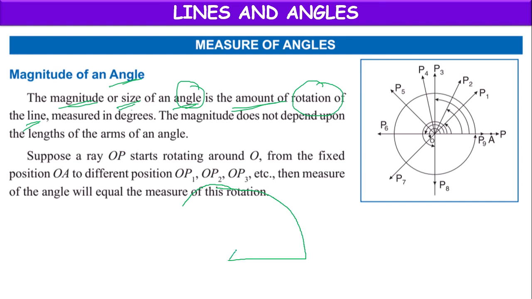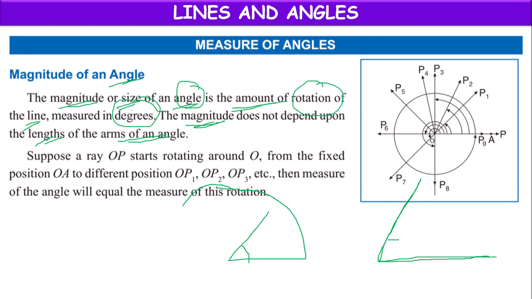Means the amount of rotation made by the line is called as angle, and that amount is normally measured in degrees. So this magnitude does not depend on the lengths of arms of an angle. Suppose this is the line, and from here the line is rotating up to here,